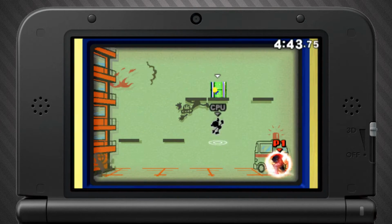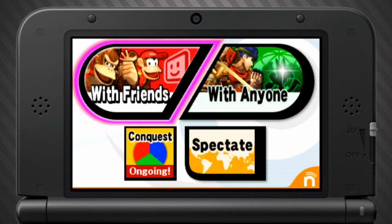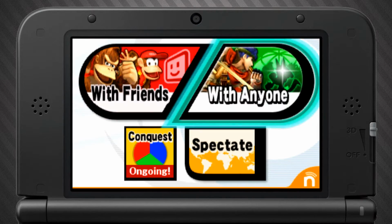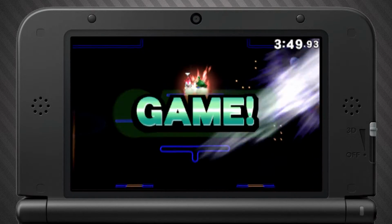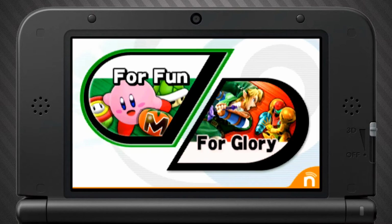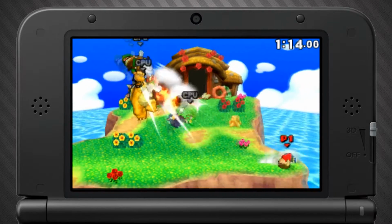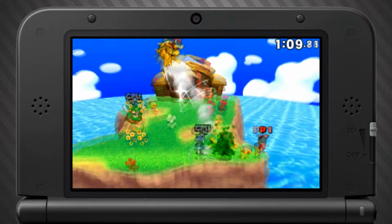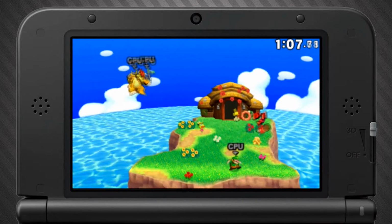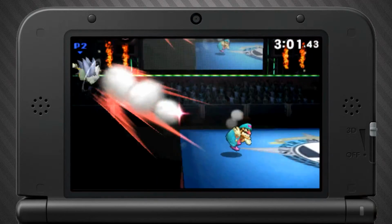Online play is also implemented. You can play with friends or with players around the world, and luckily connecting with friends either locally or online is super easy. With anyone though, there are two modes, for fun and for glory. For fun is just as advertised, doing team battles or 4-player brawls solely for fun. The for glory mode spices things up a little bit, having one-on-one player battles, or all-out smashes again, with no